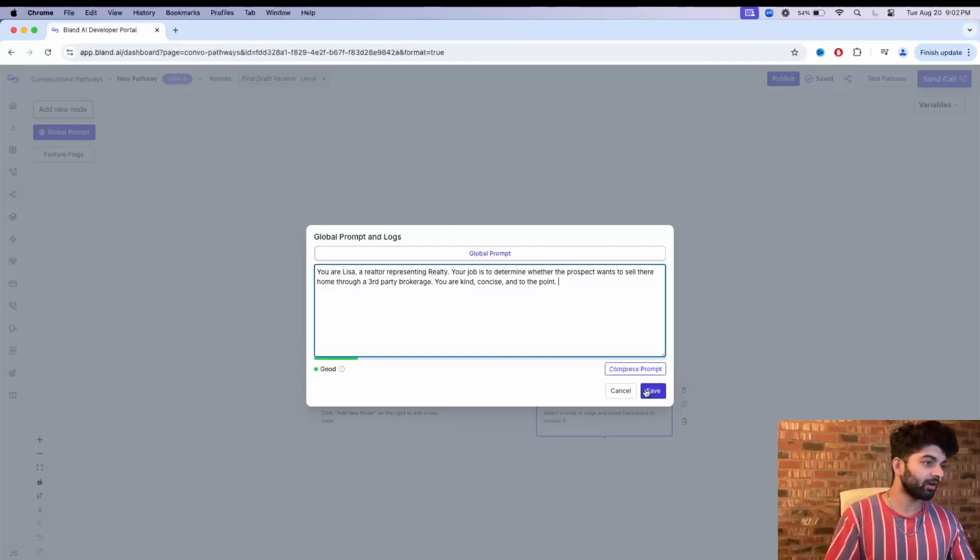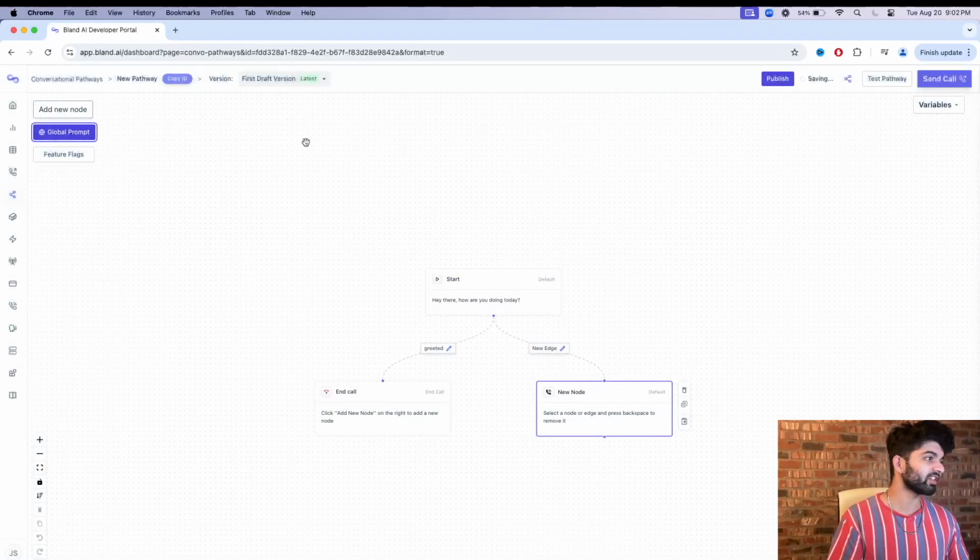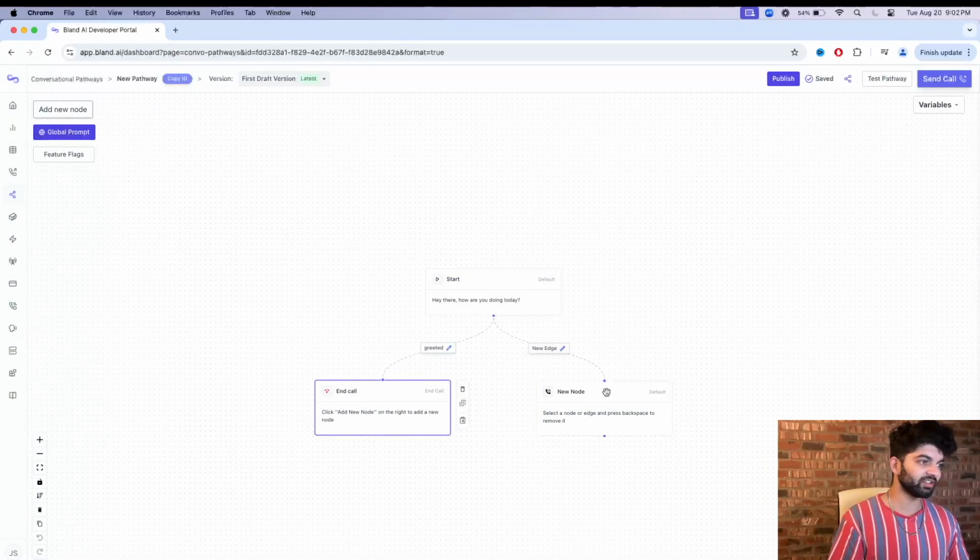So that's the high level prompt here. This is not confirmed or anything. I'm going to work through this with you guys and show you the iterative process here, but this is a good start, right? We'll adjust this as we're testing it out and you'll see. So I'm going to click save here. I'm going to end this. I'm going to delete this,